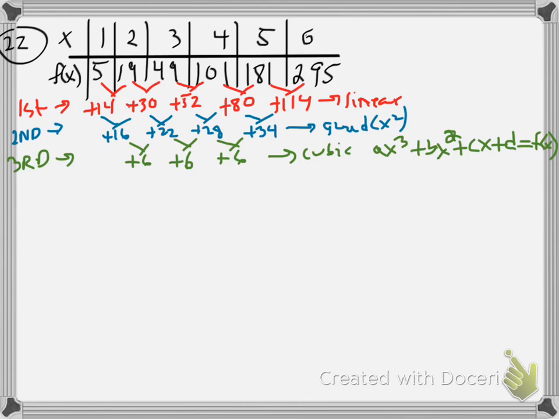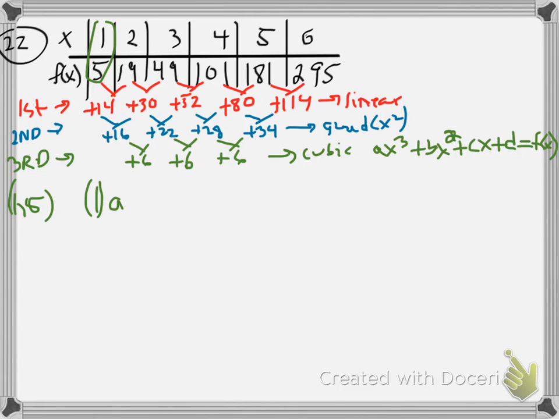So we need to figure that out. So we're going to write a system of equations, and we're going to base it on each coordinate. So the first coordinate is here. So for 1, 5, I'm going to make an equation. Okay? And so the a value I don't know, but I know that x cubed, so this is